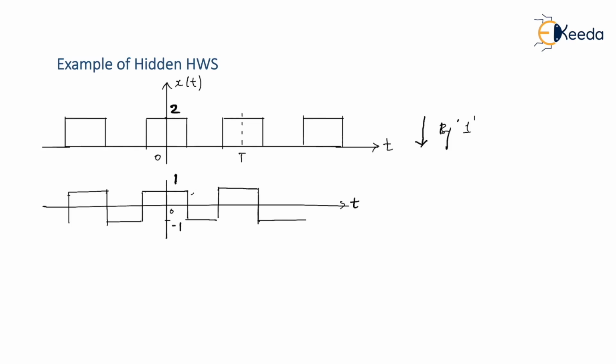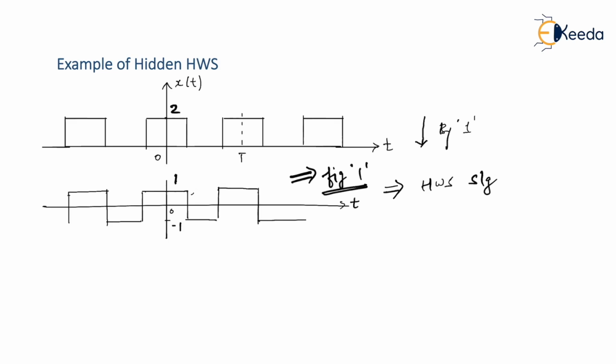And if you observe carefully, you can understand this is what we called figure number 1. I have told you in the last 2 videos that you have to remember those standard figures as figure 1 and figure 2. Figure 1 was an even signal, figure 2 was an odd signal, and the common factor was that both were square waves. So it is important to remember its structure. So this is figure 1, and if it is figure 1, then of course it is a half wave symmetric signal. Is that right? But then tell me, by observing the signal, do you think half wave symmetry was obvious?